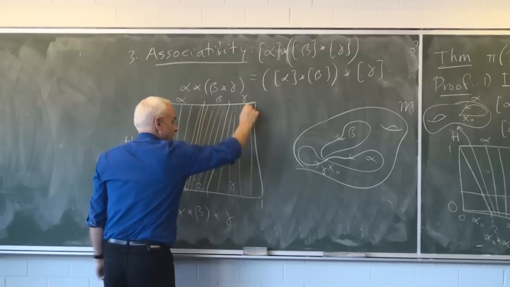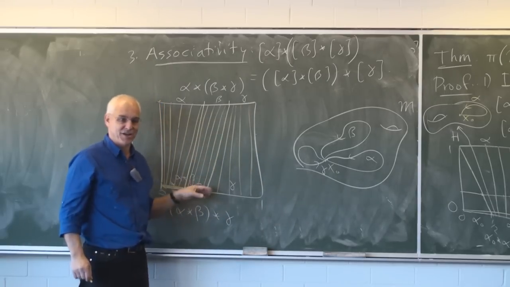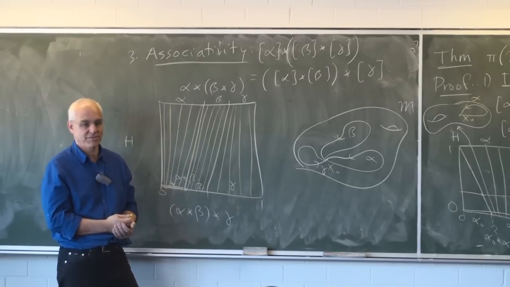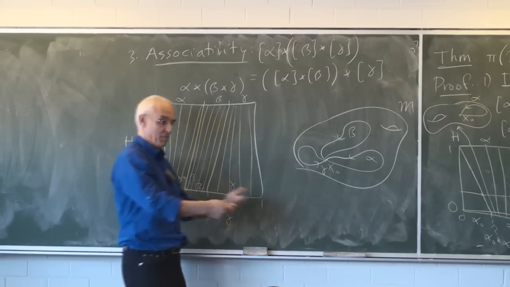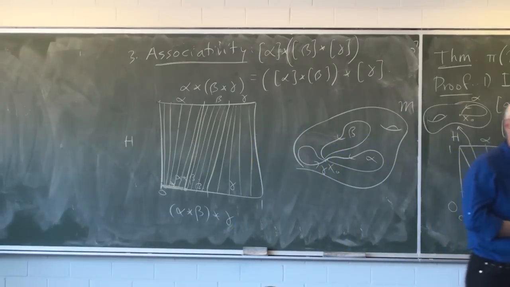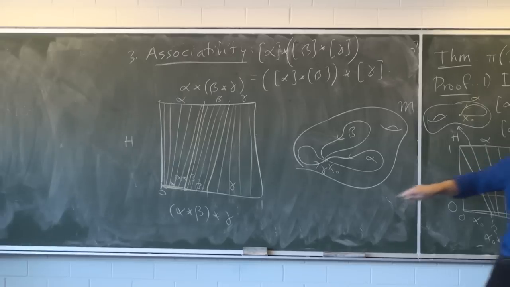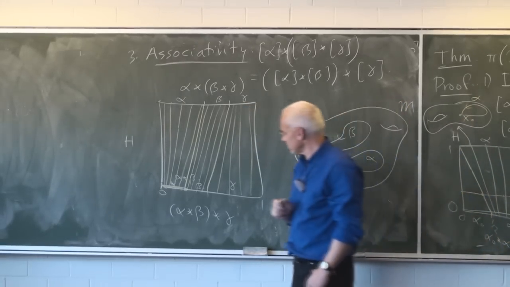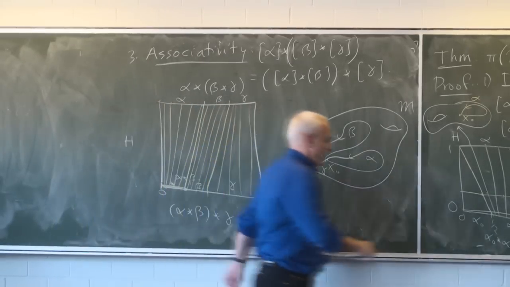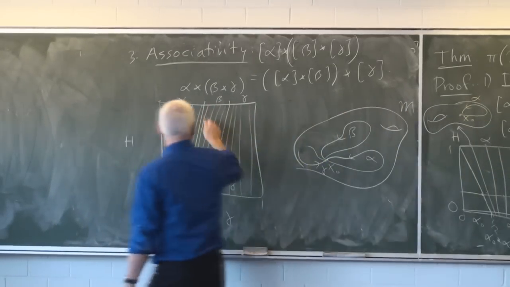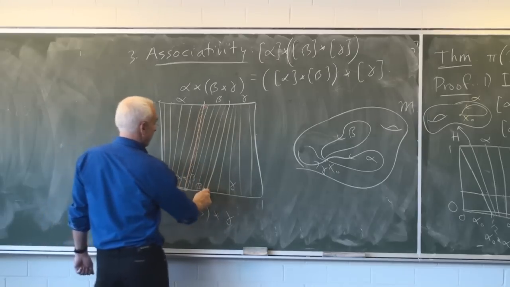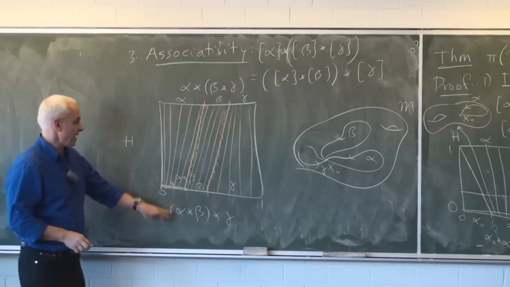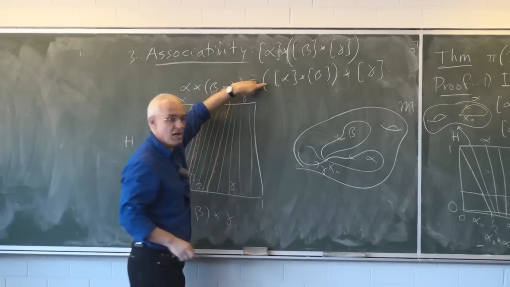Again, you could write out formulas for these lines that connect these to these in terms of linear functions, but I don't see that it's too instructive. But if you actually had to tell a computer how to construct the homotopy, you would do it in that way with equations of lines connecting particular points here to the corresponding points up there. And so this diagram, maybe it's a little bit confusing now. I'll draw those segments. So that was a boundary segment, and that was the other boundary segment. So this illustrates that this is actually homotopic to this, and that these two are equal in homotopy.